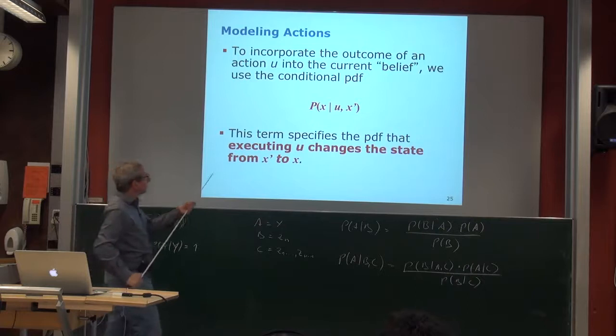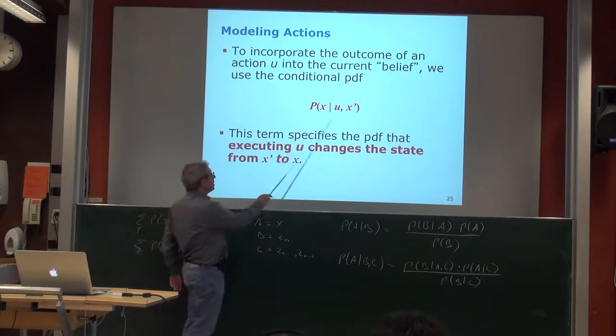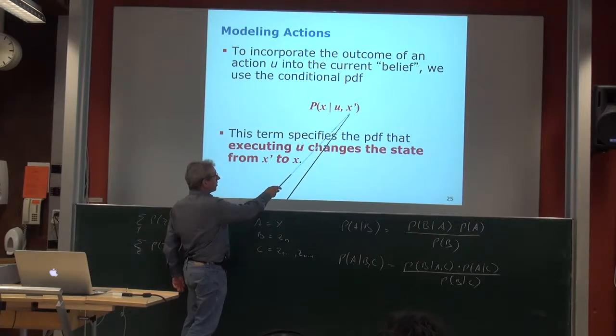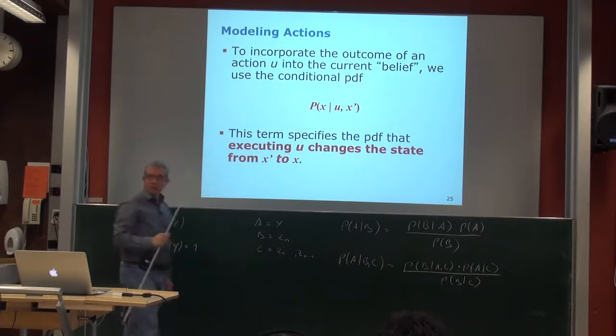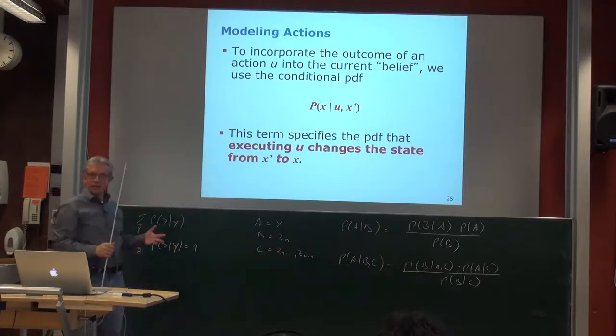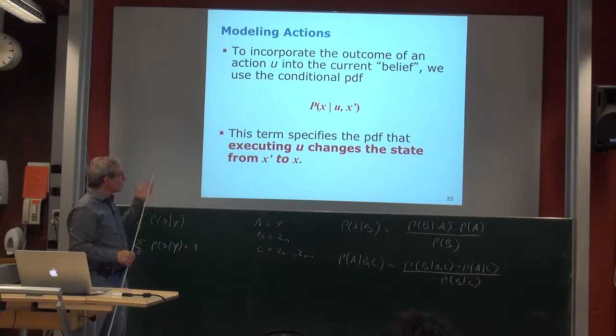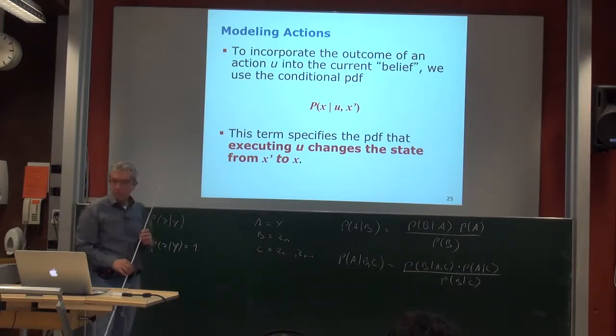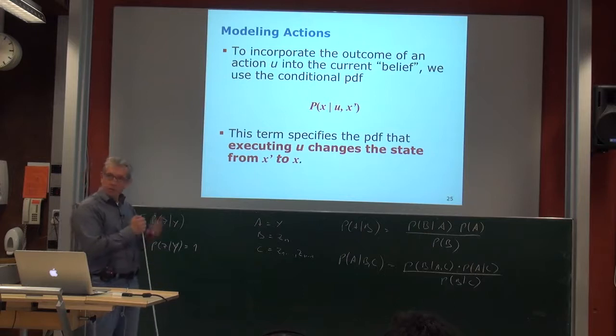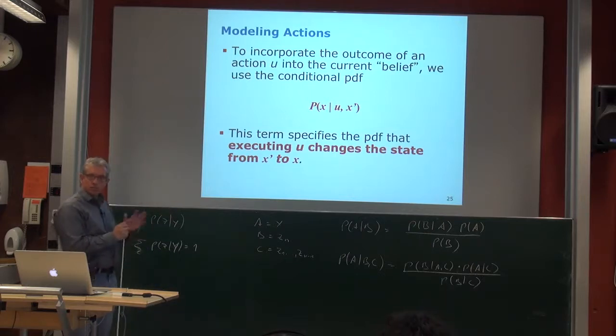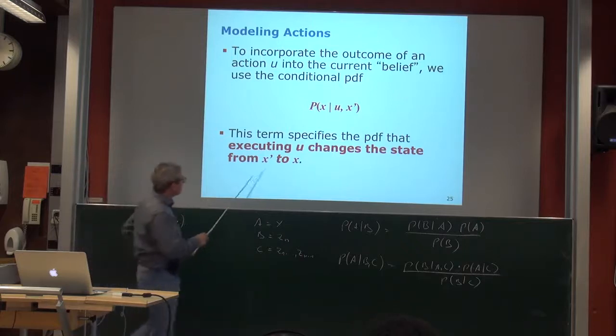So basically it says, what is the probability that the door is open, given the door was closed before, and the robot executed its door opening action? Usually you can describe this by relatively simple distributions. We will see this in this example as a stochastic finite state automaton. It's basically this what it is. All right,